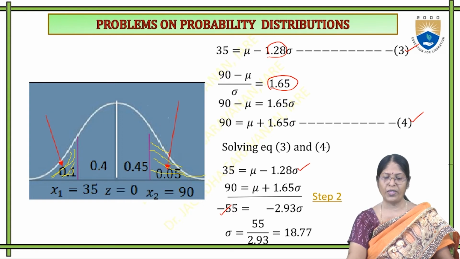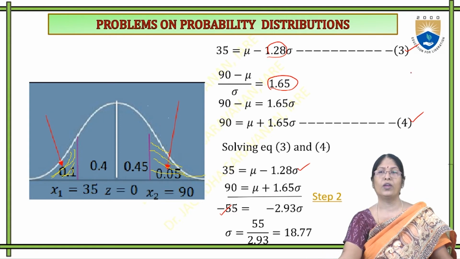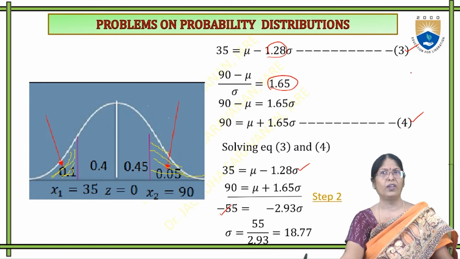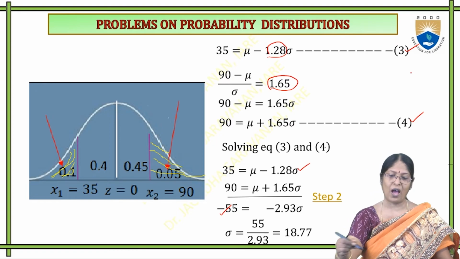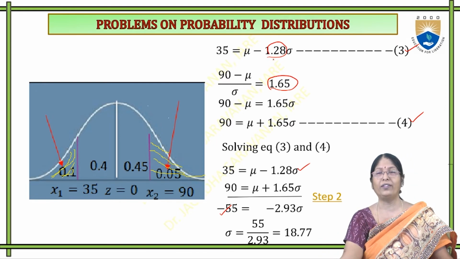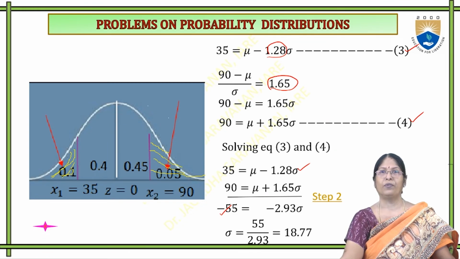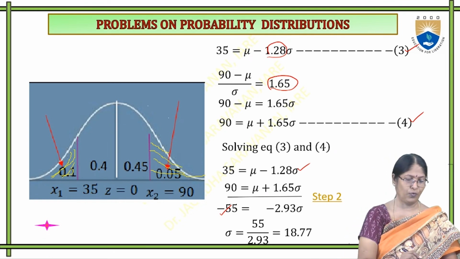If you substitute in any one of the equations, either 3 or 4, we will get the value of mu. Everything is fine, but the only doubt is on what basis we have taken this 1.28 and this 1.65. Yes, now we will discuss it. Before that,